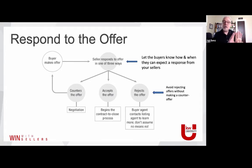However, now I'm going to be the offeror, and I'm going to present an offer to you, and you tell me what you think. And we put a different price and maybe different terms, and we let the buyer counter back and forth, and there can be back and forth, and hopefully we come to a meeting of the minds there. The third approach, which is all too common in this market, or in any market really,